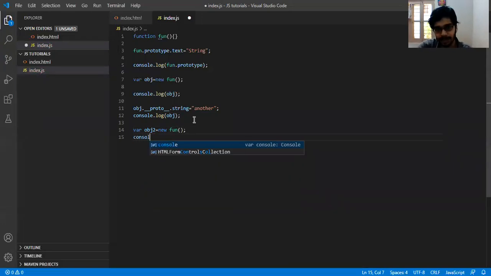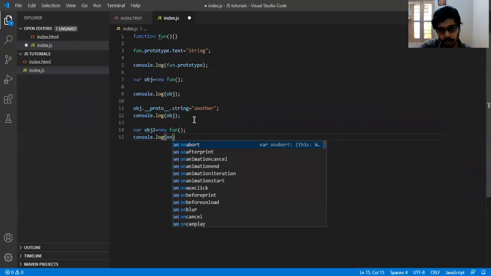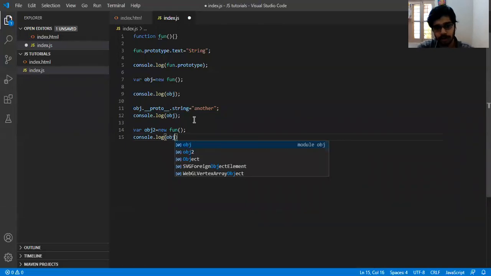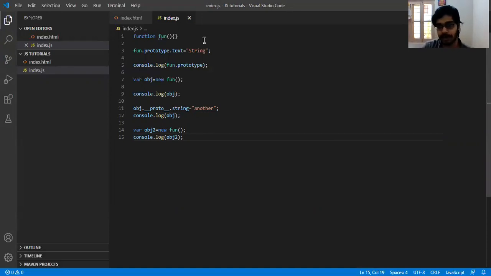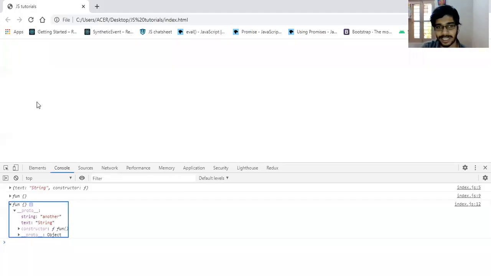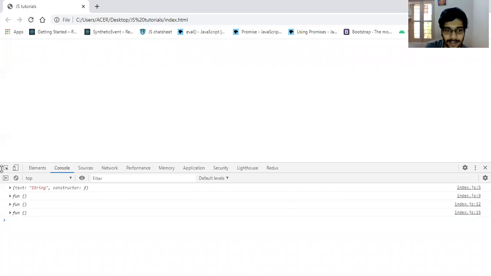Now if I print this one, console.log of obj2, and go to the browser and reload, observe whether the string property is present or not. If I expand, you can see the string is present here.